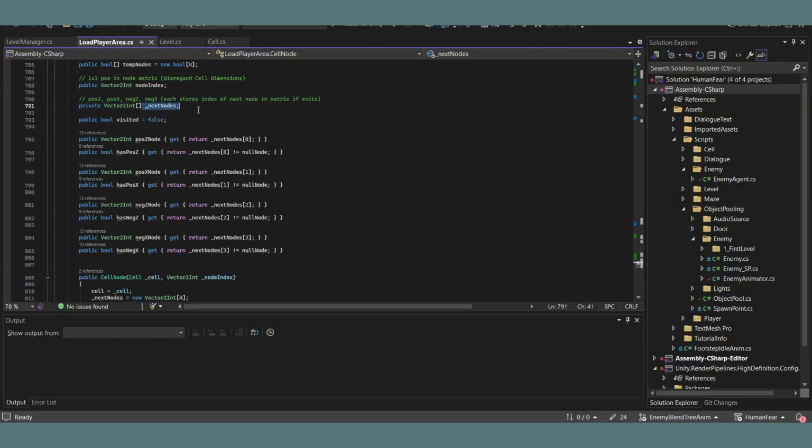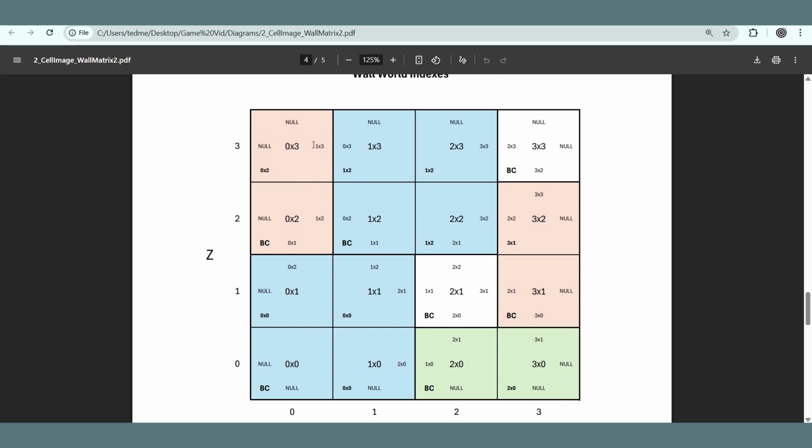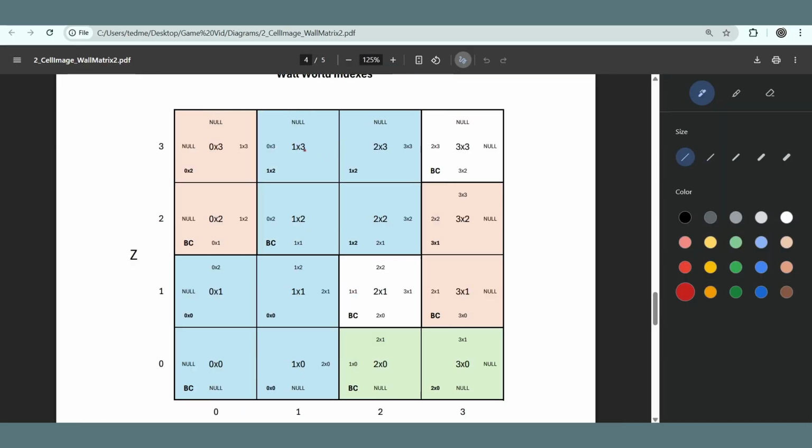Now firstly, when you think of these next nodes, what I want you to think of is just like the wall world indexes, where the next node is basically pointing to the node on the other side of the wall. However, unlike the wall world indexes, these are only actually present if the cell node in that direction is accessible. So within the same cell, let's say this, we would only have these next nodes if the adjacent node that is pointing to is accessible. So here, we'd have 2x3 and 1x3 on the other side